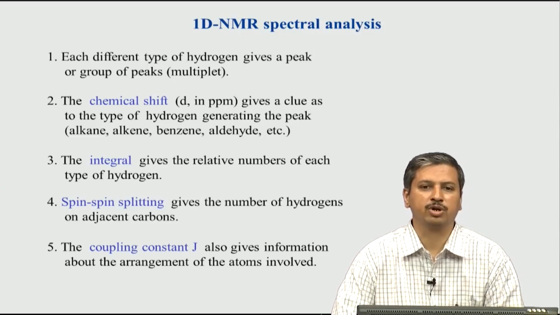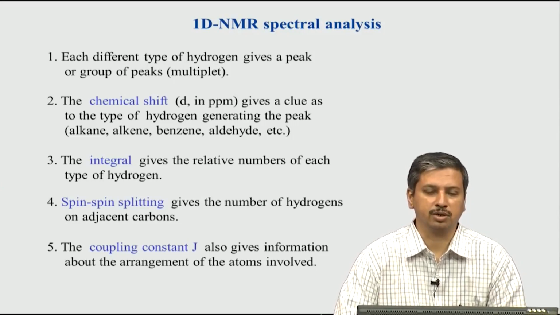The next very important parameter for NMR is the integral, that is the area of the peak. If you recollect, we mentioned a few classes back that the area of the peak is directly related to the number of hydrogen atoms, or number of protons, giving rise to that peak. So, the integral is very important if you want to quantify or measure the number of hydrogens, and that is a very useful parameter. Another useful parameter is called spin-spin splitting, which in common jargon is also known as J coupling